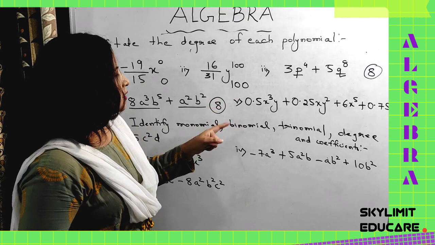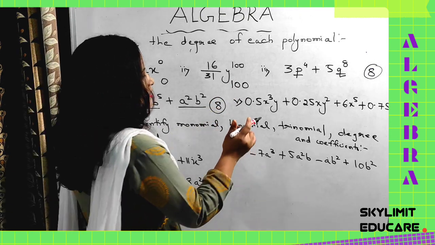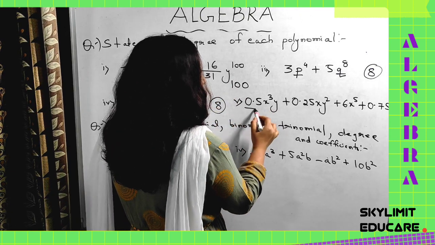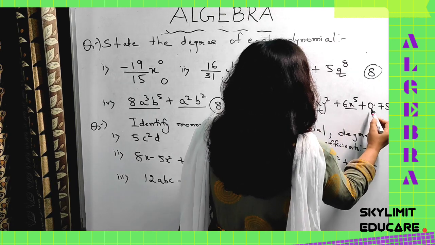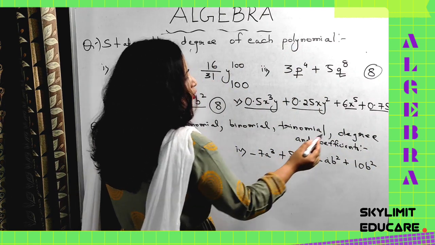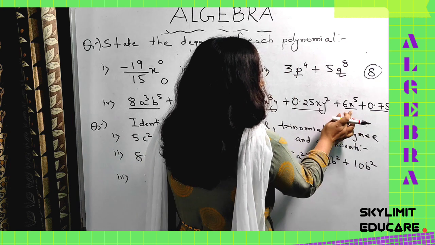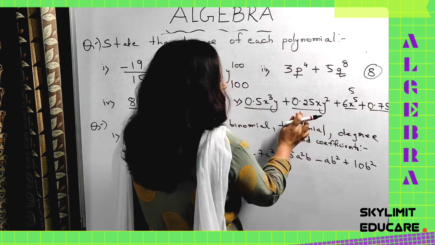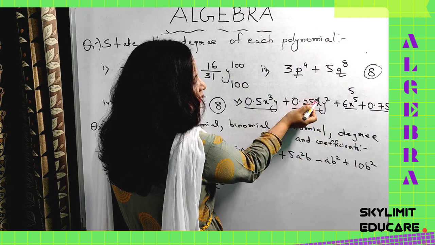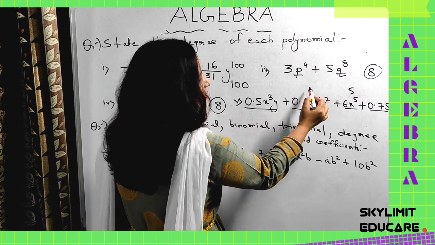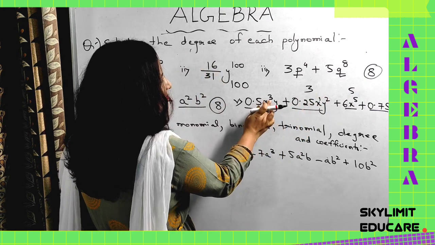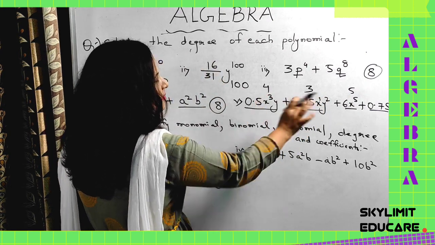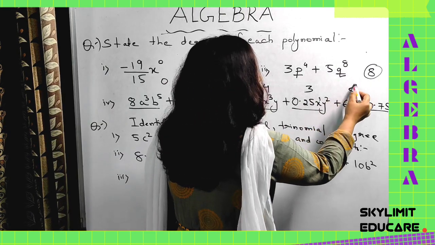Okay? Now let us check it out. Here you can see there are first, second, third, fourth, 4 terms. Obviously this one has degree 0. This one has degree 5. This one has degree 2 plus 1, because x does not have any power shown, so 2 plus 1 is 3. And this one has 3 plus 1, 4. Which among these is greater? 5 is the greatest.